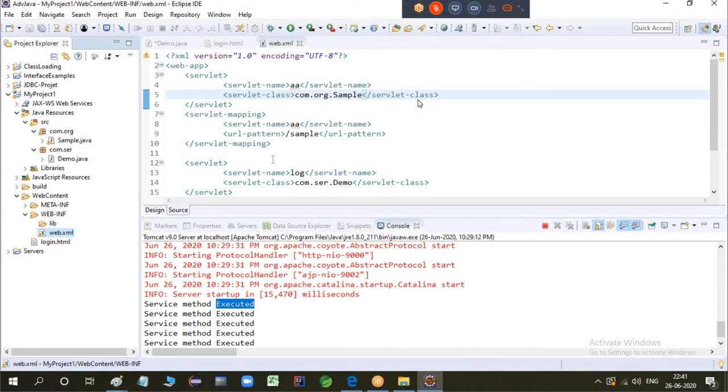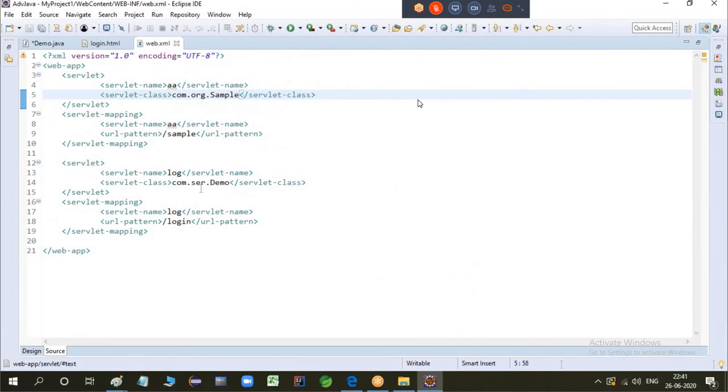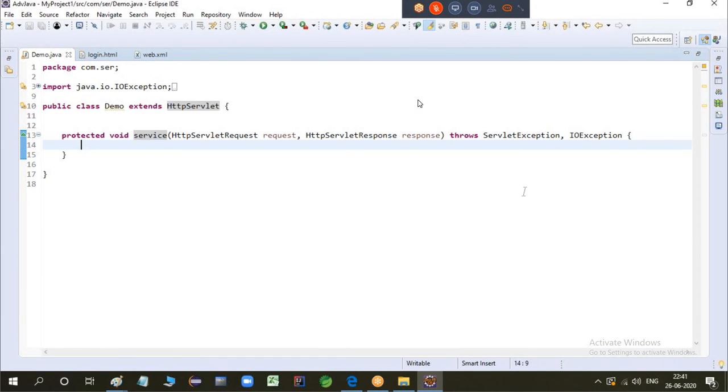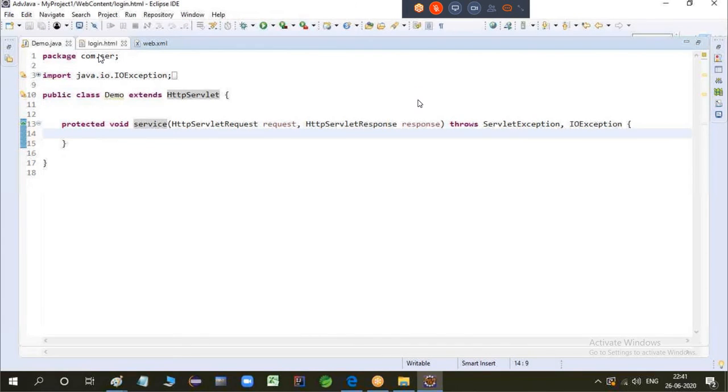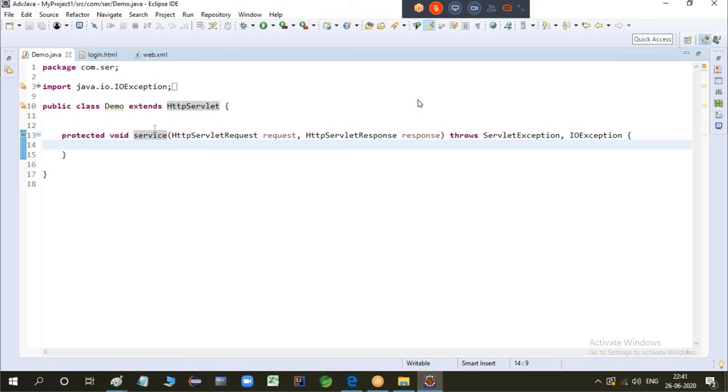com.servlet.demo. So demo class is not saved. It's saved. Okay, now we need to read the details from the login page into the service method. All right. Two 2.5 version of what?